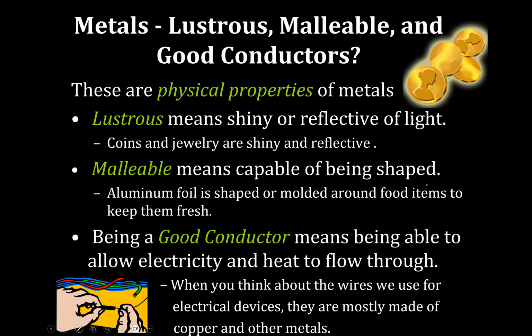Metals are also malleable, meaning capable of being shaped. For example, aluminum foil. Do you use aluminum foil in your kitchen? Yes, teacher. That's a metal. You can fold it. You can shape it in different ways. That's one of the properties of metal. It's malleable. Metal is also a good conductor, meaning it is able to allow electricity and heat. Not just electricity, it's also heat. Now,